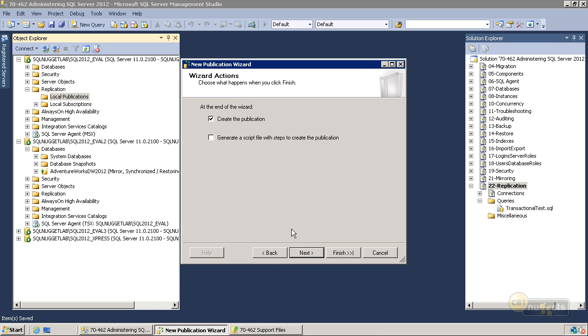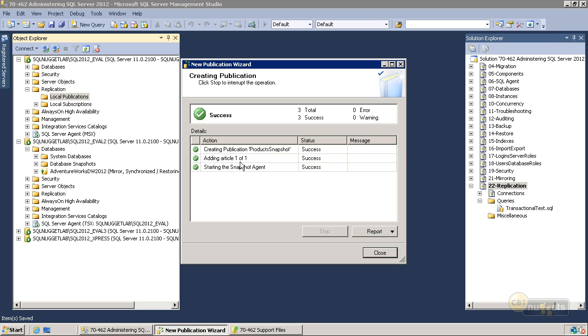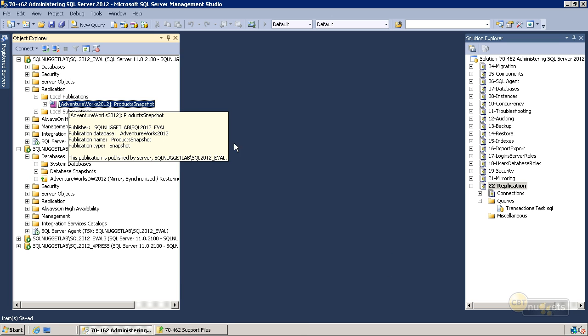We can hit next. The last part of the wizard is, do we want to create the publication right now? We do, so we'll hit next. And now we can get just an overview here, and we can also specify a name. So let's call this our products snapshot. Once we hit finish, it will create it, start the snapshot agent,